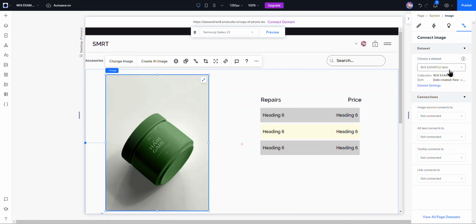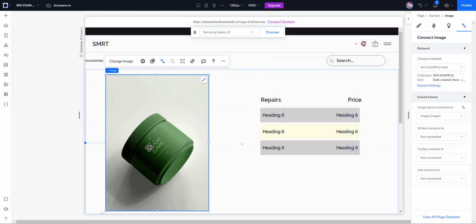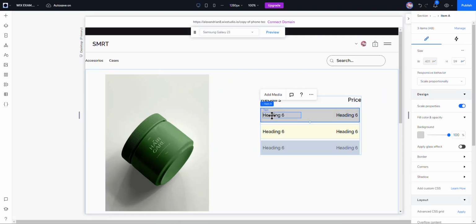This is what we call a data set. So the data set is what controls the connections to these elements. So for the image, the item connects to, we're going to go with image, and these will all update. Next, this backs